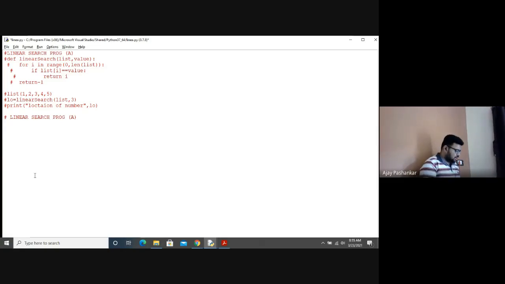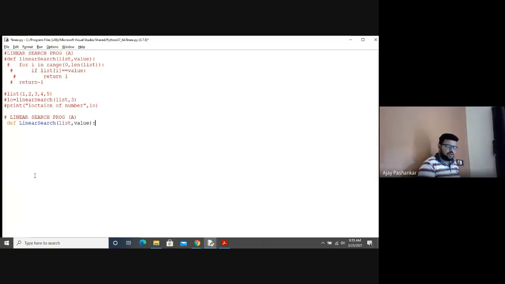For this, I'll use def. I'm creating a linear search function or method, passing two arguments, namely list and its value. After defining this function, you require to give a colon.